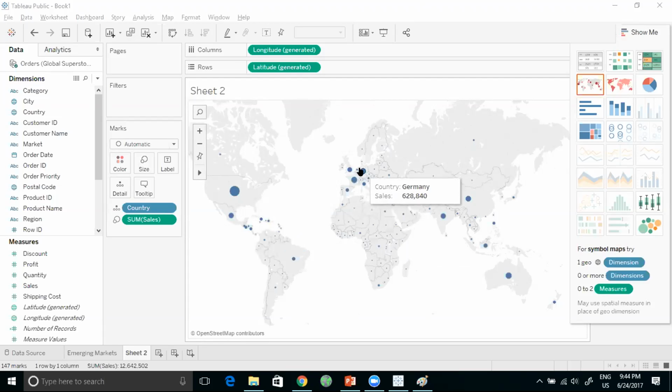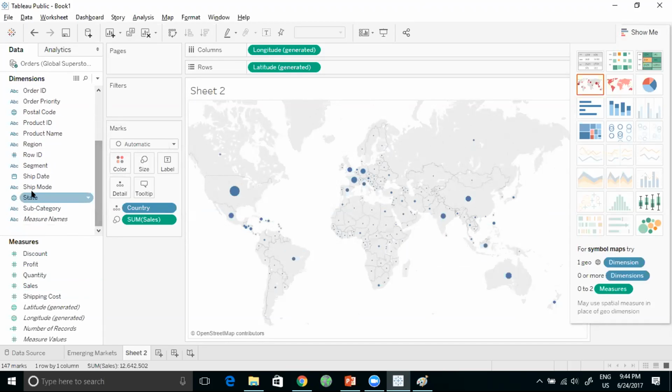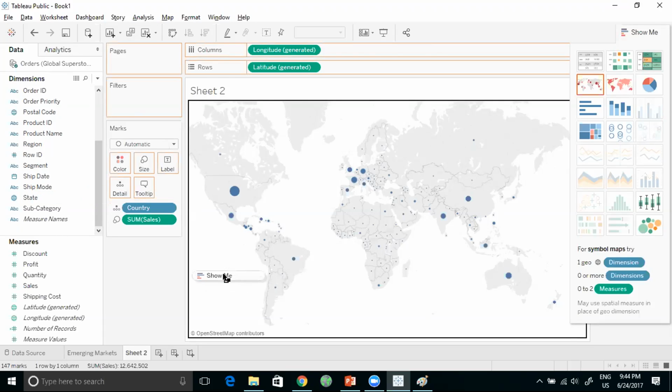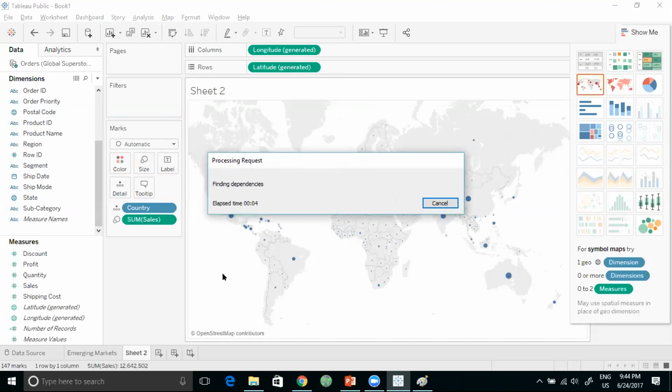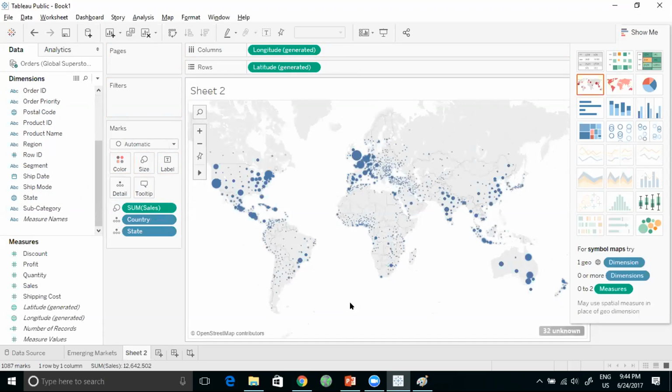Now, what I'm going to do is break up these sales in each of these countries into the different states, because I want to know how I'm doing not just in America, but in the different states of America. So let me go down and see if I can find the state somewhere. Here we go. You can see the state here. I'm going to drag state and drop it on the Pacific Ocean. The moment I do that, boom, it breaks this up into all of the different states.